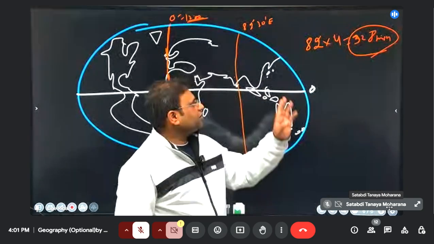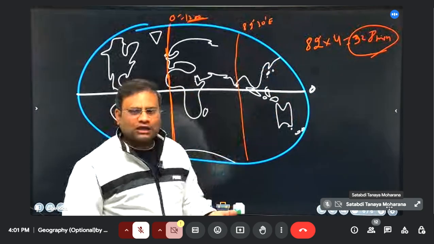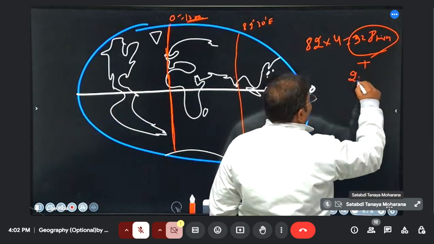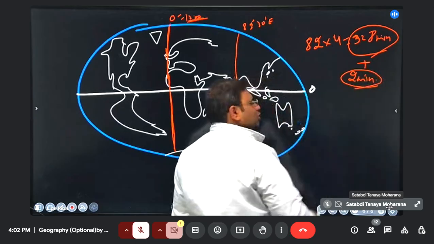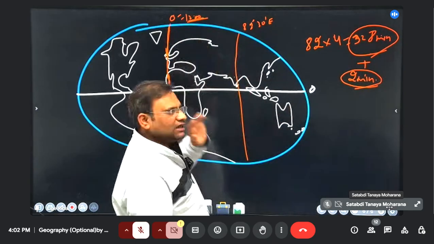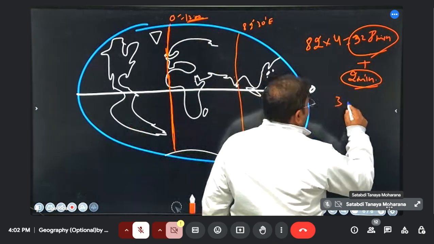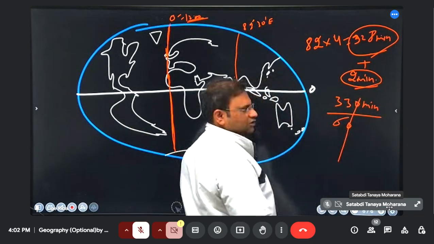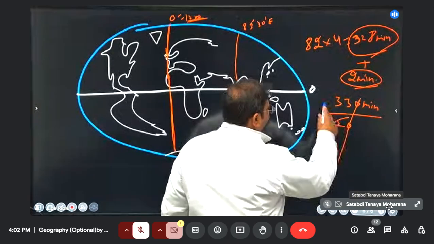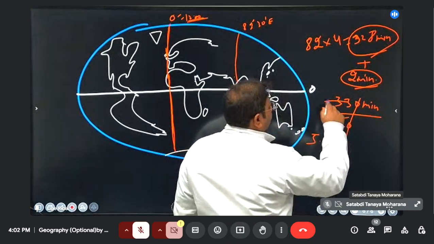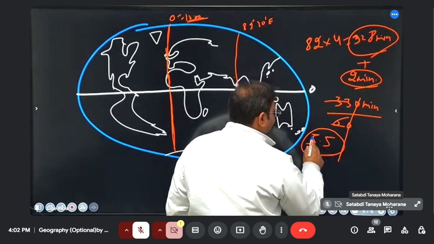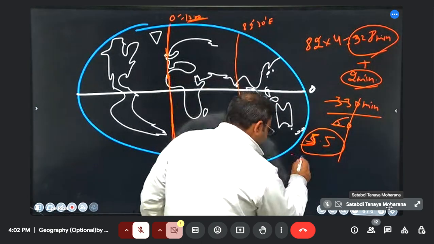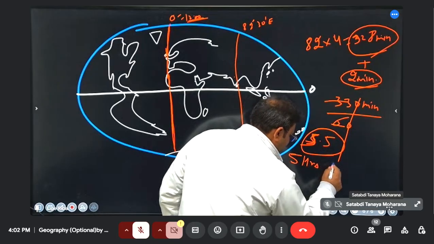But we have 82 and a half. If it were 83, it would be 4 more, so for the half add 2 more minutes. So 328 minutes plus 2 more minutes is the difference between India time and London time. So it comes to 330 minutes. For calculating it in hours, divide by 60: 6 fives are 30, so 5.5. It means 5 hours 30 minutes. So India is 5 hours 30 minutes